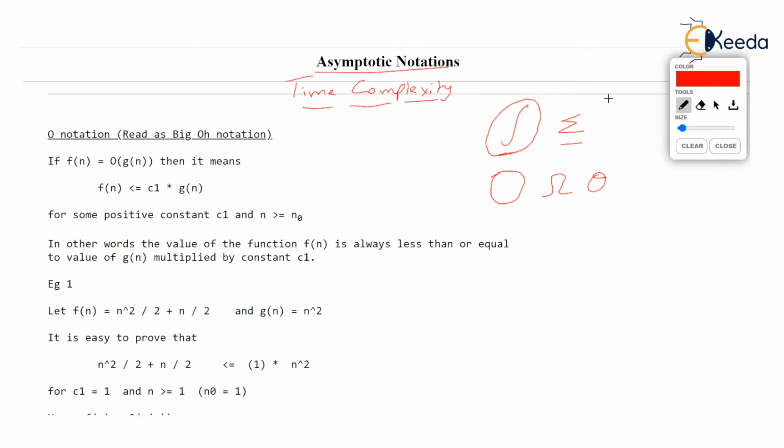Just treat this purely mathematical. Just don't worry about the algorithms and how they are exactly related to algorithms, how we are going to make use of these three notations to specify time and space complexity of an algorithm. The student should not bother about that. First, let us give it mathematical treatment. What is the definition of these three notations mathematically?